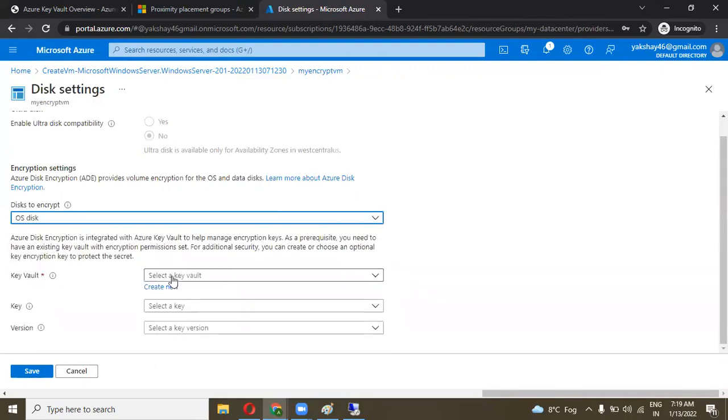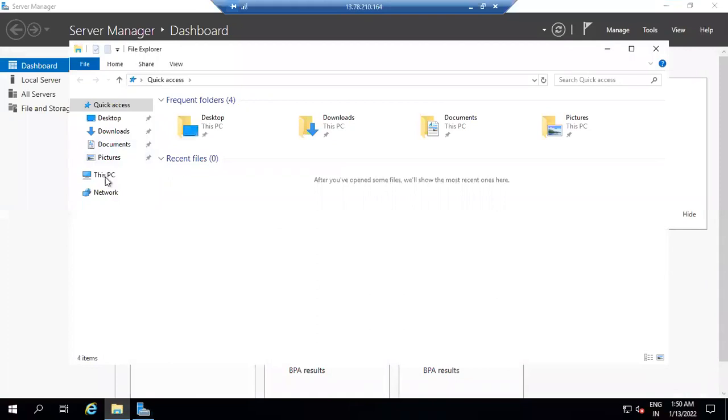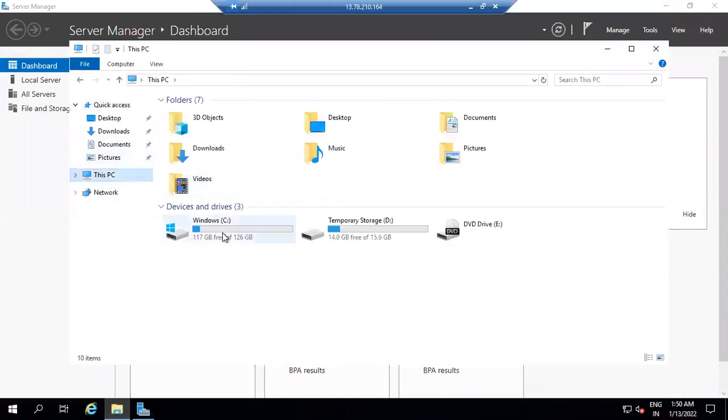Now it requires a key vault. It requires a key to encrypt. Same as whenever you turn on BitLocker on a server, it requires isolated storage to store a key. If I turn on BitLocker on that machine, it generates a key for me and asks me to attach a pen drive or isolated storage and save the key there.